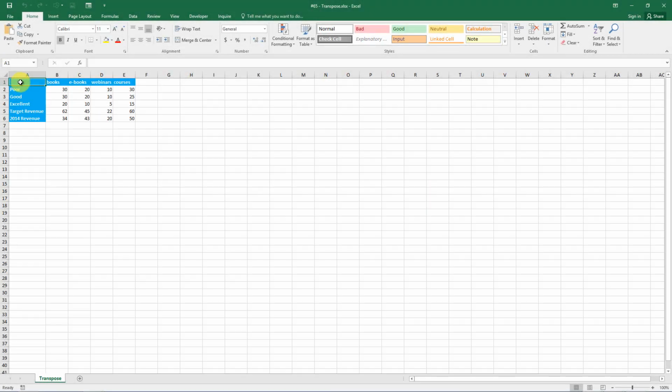To make the rows columns and the columns rows, or to transpose a range of data if you prefer, you will use the Paste Special feature. In this worksheet we have 4 columns with products in it, and 5 total rows with number of sales and some other useful information. The first step is to select the range to be transposed. In our example it will be from A1 to E6.